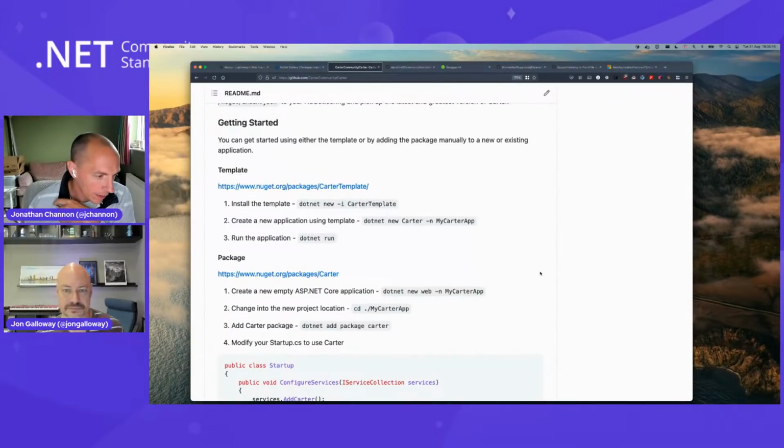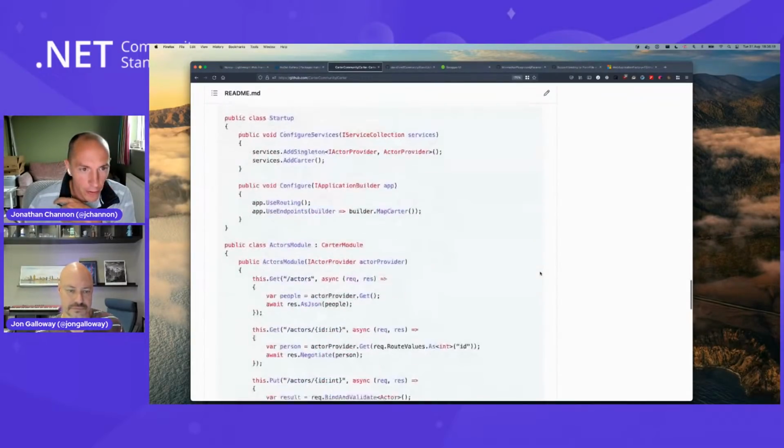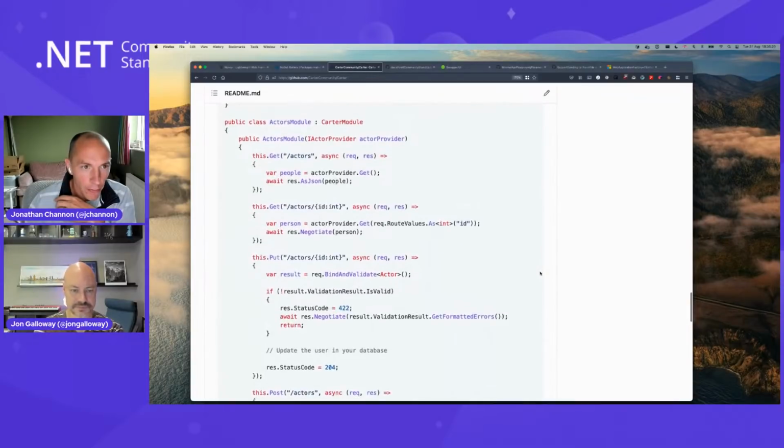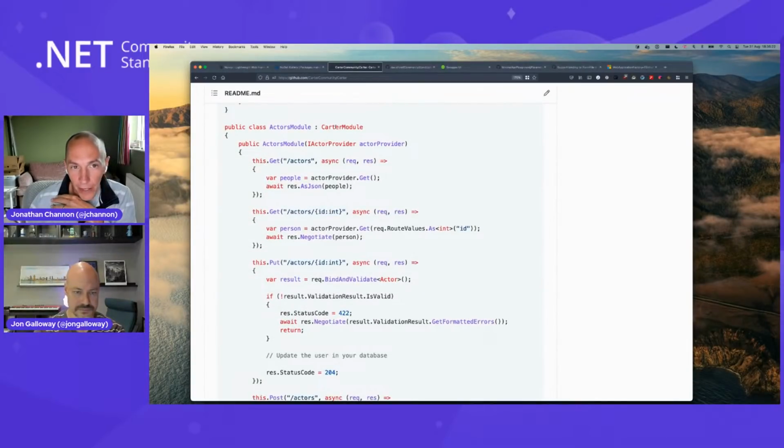So if I just show this demo, actually, there will no longer be a base Carter module and all the functionality that comes with it. So things like if you wanted security, you could type sort of in the constructor here, this dot requires authorization. That is gone. Carter module is now an ICarterModule. So there's one method in there where you implement your routes and your delegates.